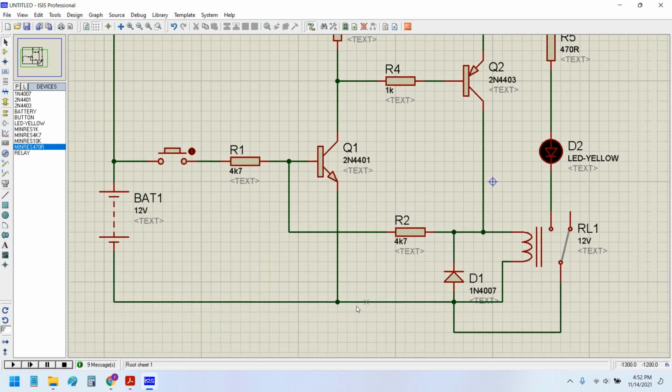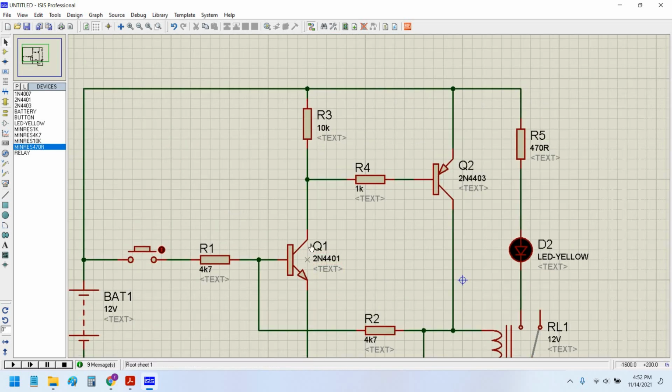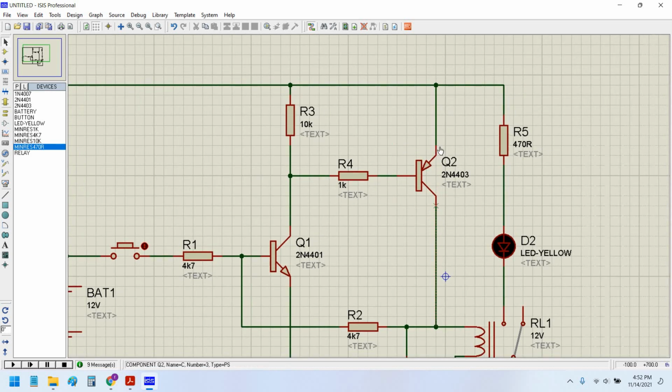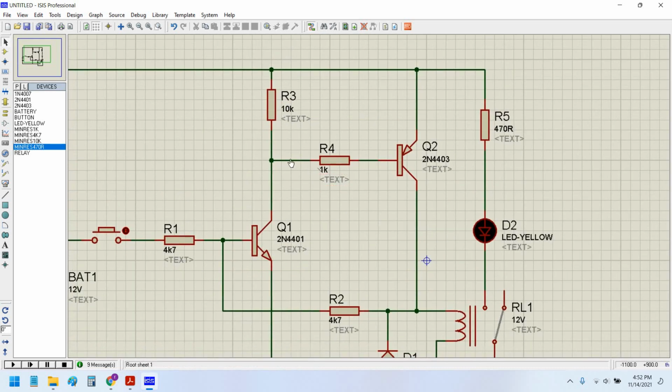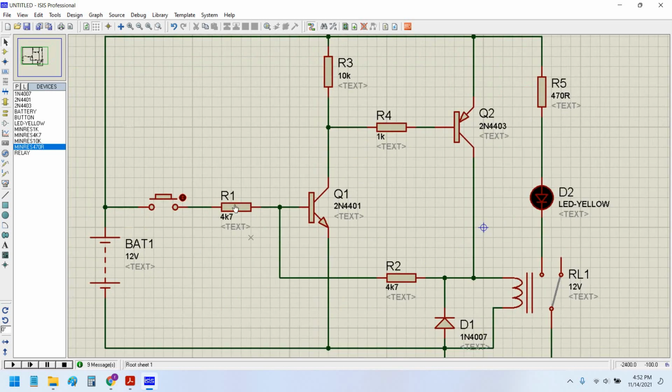Now the ground from here, the emitter, goes to the collector, and when the ground from the collector of this Q1 goes to the base of the Q2, that is the PNP transistor, this transistor turns on. This goes into saturation and this transistor would turn on. PNP transistors always turn on with ground on their base, while the NPN transistors turn on when high voltage, 5 volt or 9 volt or 12 volt, is on their base, depending upon the base resistor adjusted for the base current.